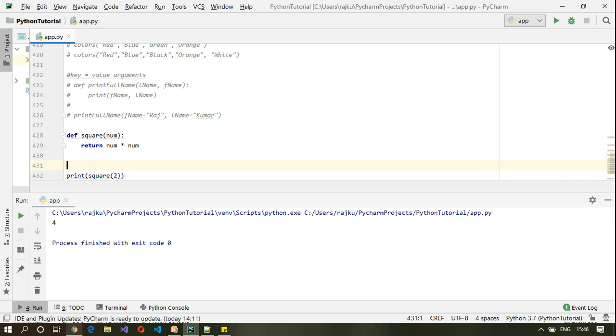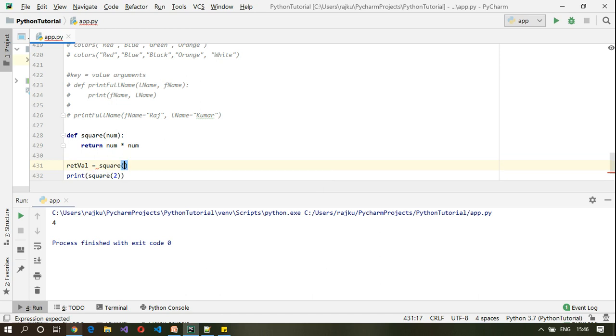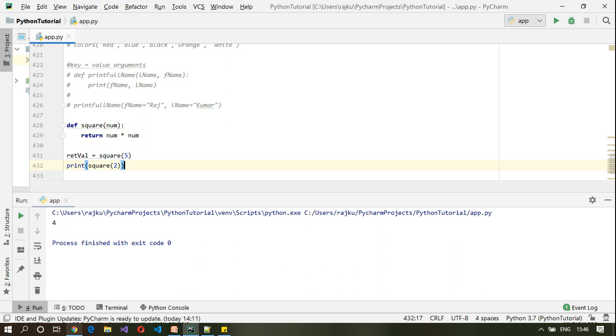Instead of that, we can also store this into a variable. val is equal to square of, say for example, 5, and then we can print the value here.